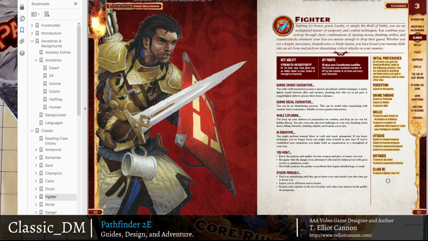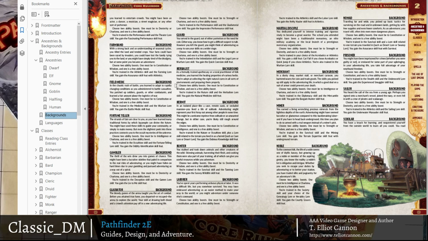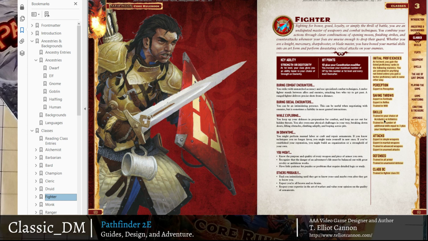So you can see right away under skills, you're trained in your choice of acrobatics or athletics, trained in a number of additional skills equal to 3 plus your intelligence modifier. You're like, wow, that's a lot of skill stuff. So between Farmhand, right, and just being a fighter, you can see this person's made a couple of choices that are almost double dipping in some things. You're trained in athletic skill, right? But just because you picked fighter, you're trained in your choice of acrobatics or athletics,